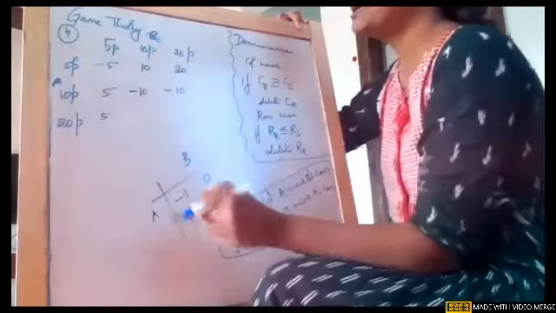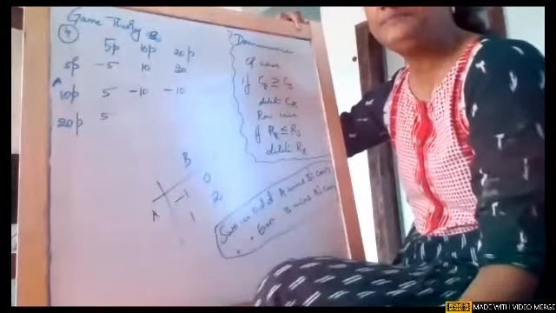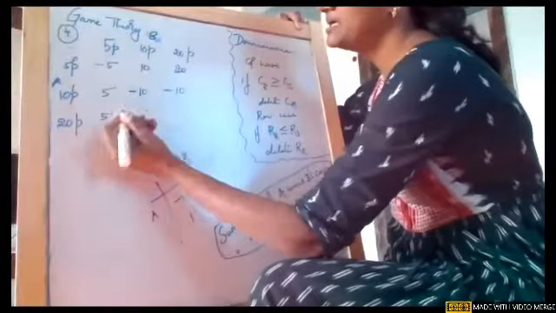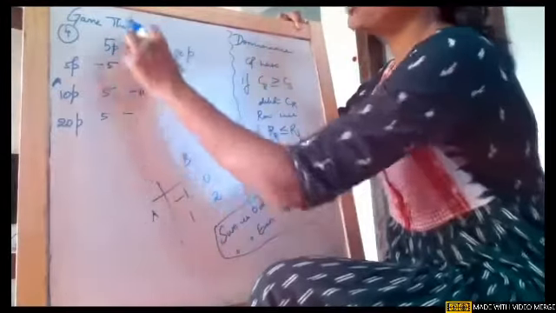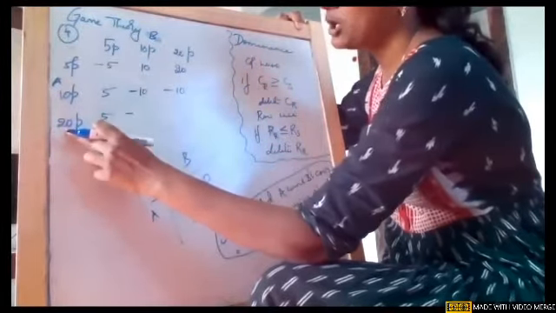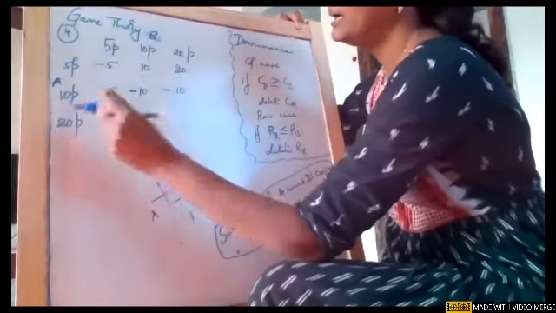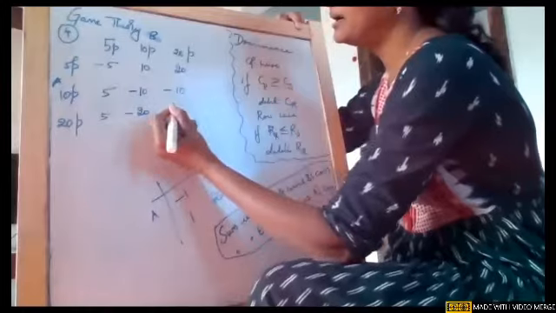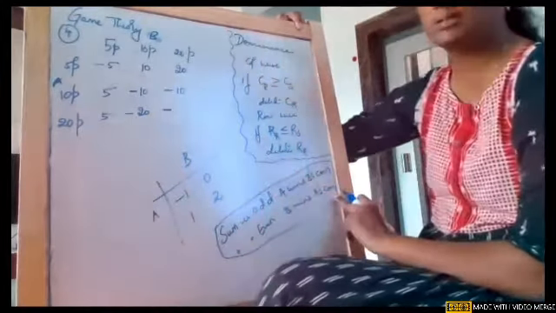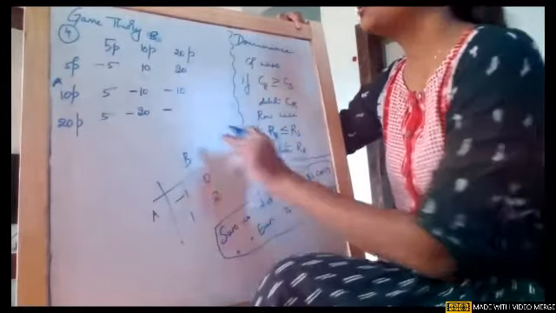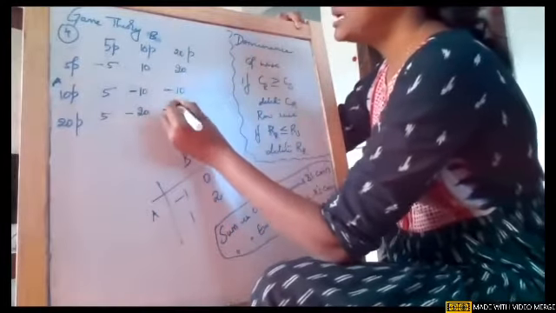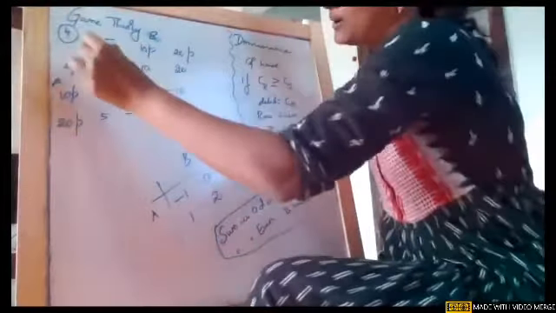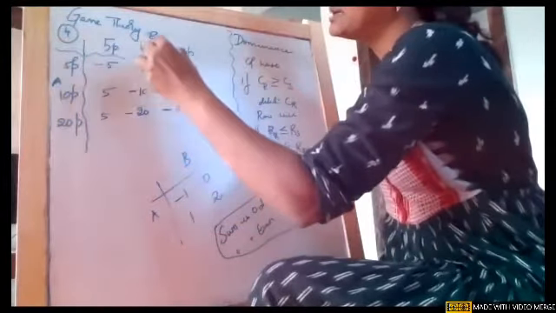Now 20 plus 10, it is 30 paisa, even number. If it is an even number, negative sign first, B is winning the game. So negative sign, and what is he winning? He is winning A's coin. A's coin is 20. Again 20 plus 20, it is 40. Even number. Even number immediately means B is winning the coin. So negative sign. So what is A's coin? It is 20.